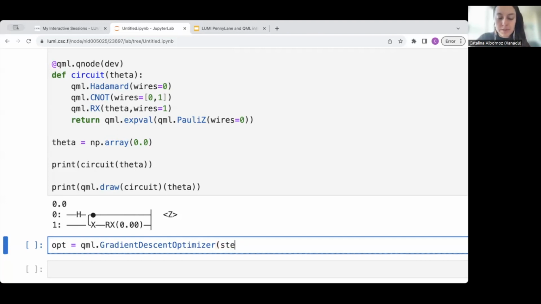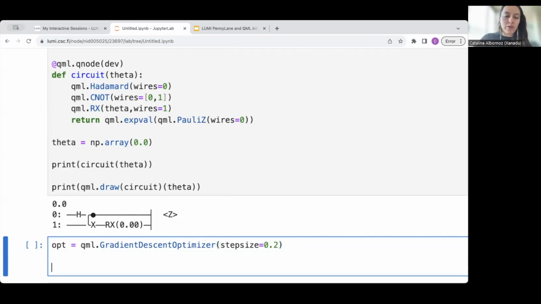I could use something else. I can choose a step size. So I can say step size equals 0.2. Of course, this will depend on your problem. This is not something that will work for everything. And now I can start doing the optimization. So I will use a function called step. So for a number of iterations, let's say I'm going to do 10 iterations. For it in range 10,